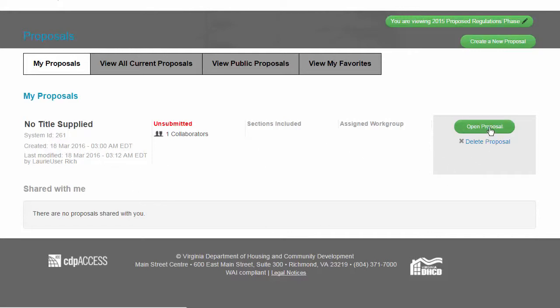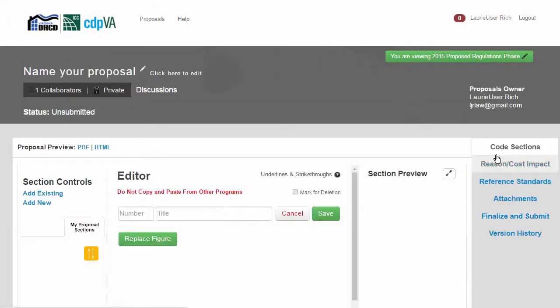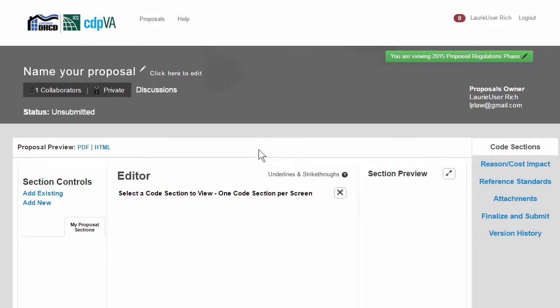I'd be able to open that proposal in the same way, and you'll always have access to any proposal that you're a collaborator on. Let's go ahead and click Open Proposal and take a look at the Discussions feature. Right next to the list of collaborators, I can click on Discussions, and that's going to take me to a